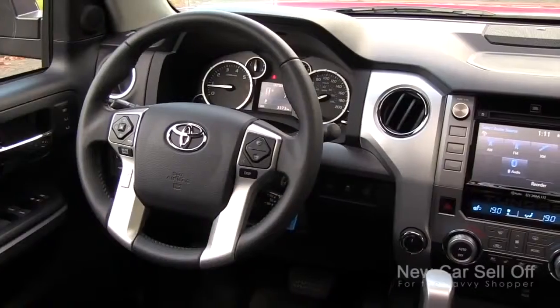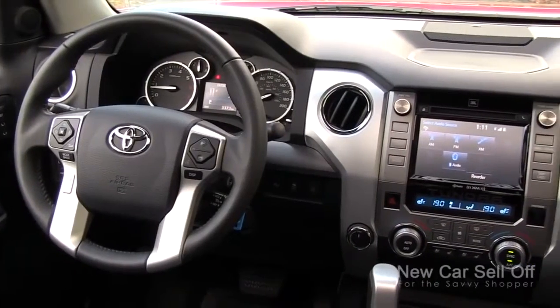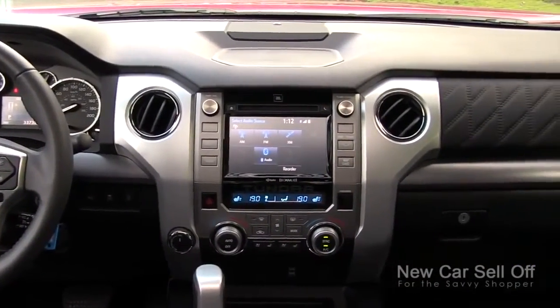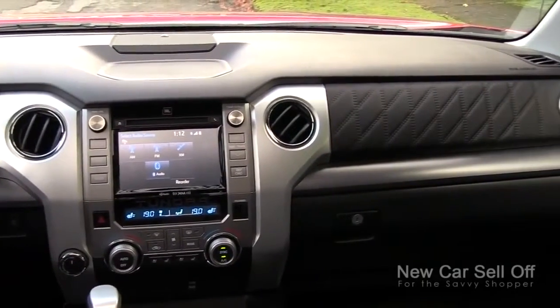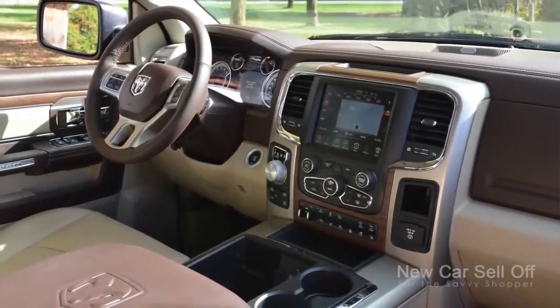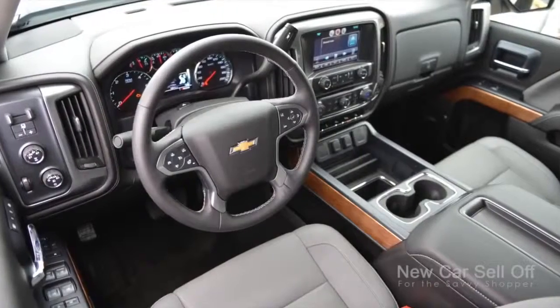Massive, absolutely massive center bin here. You've got plenty of cup holders. The overall appeal in here is kind of simplistic and plain. When you look at some of the other trucks, for example, I think the best interior is Ram. Beautiful on the inside. Second place I would give to the new